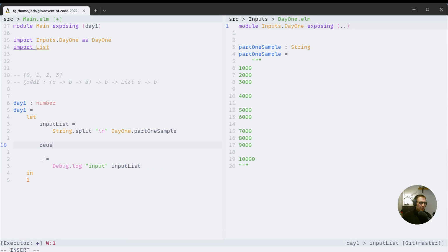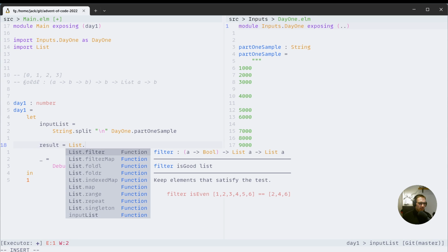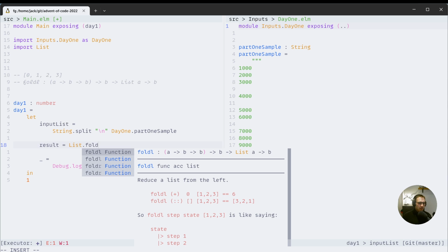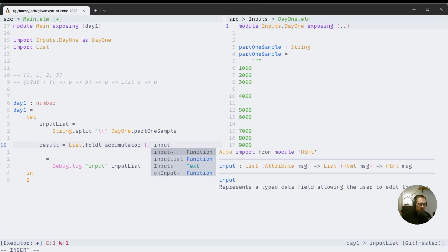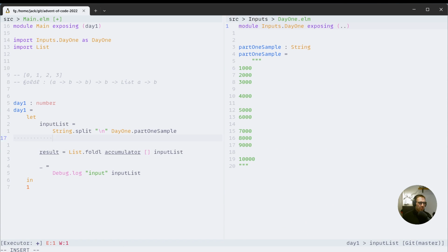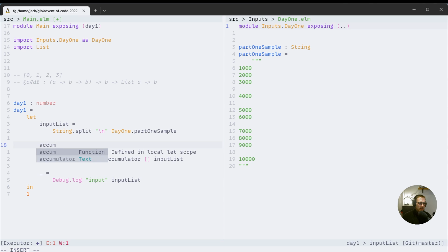So we're going to let the result be List.foldl. Don't know why we're getting those documentation twice, but fine. Fold left, and it's going to take the accumulator function, which I'm going to call accumulator. We'll define that in a second. It's going to take our initial value, which is going to be an empty list. And then it's going to take the list, which is input list. So we can say the accumulator,